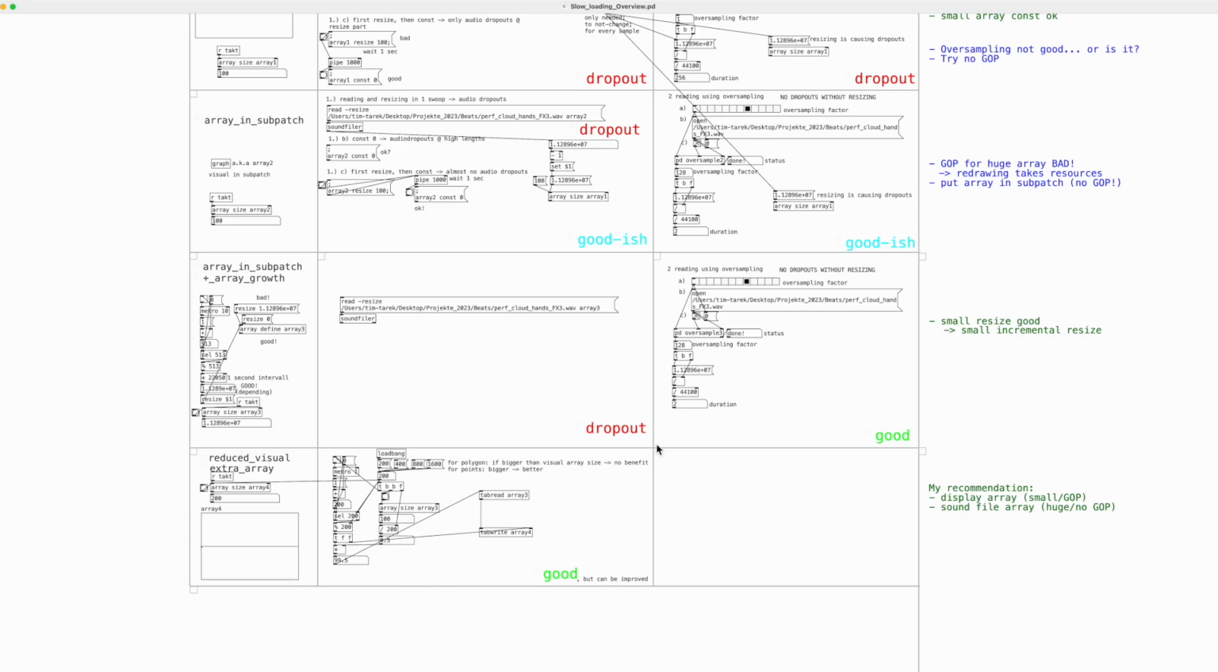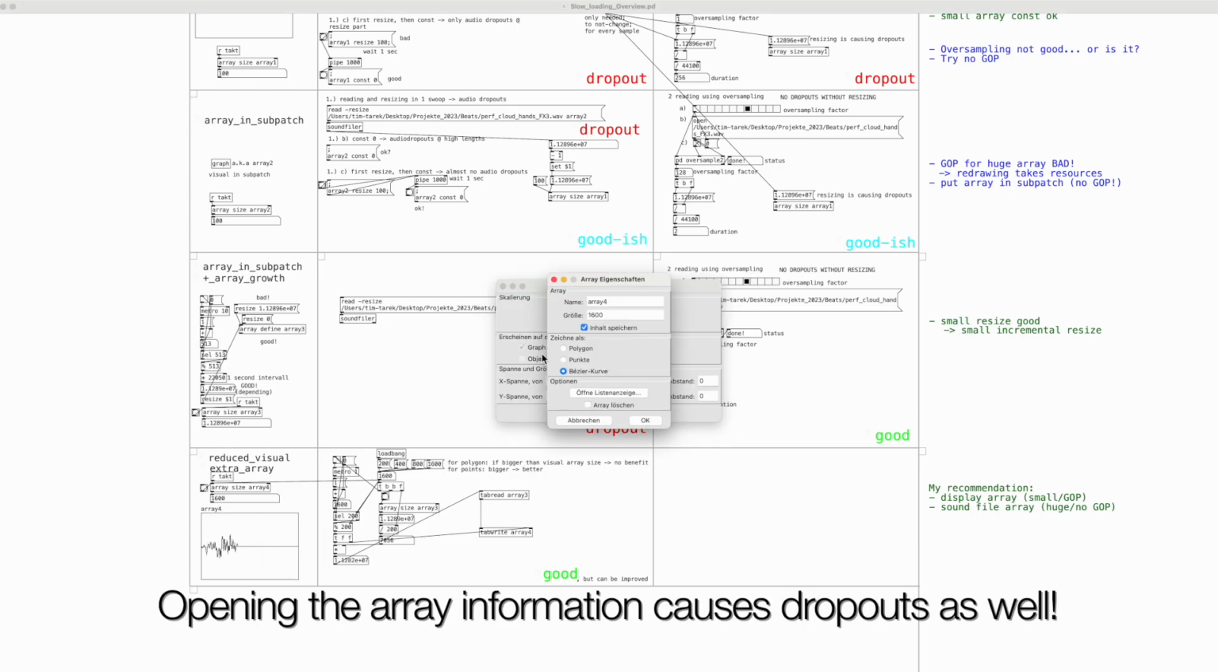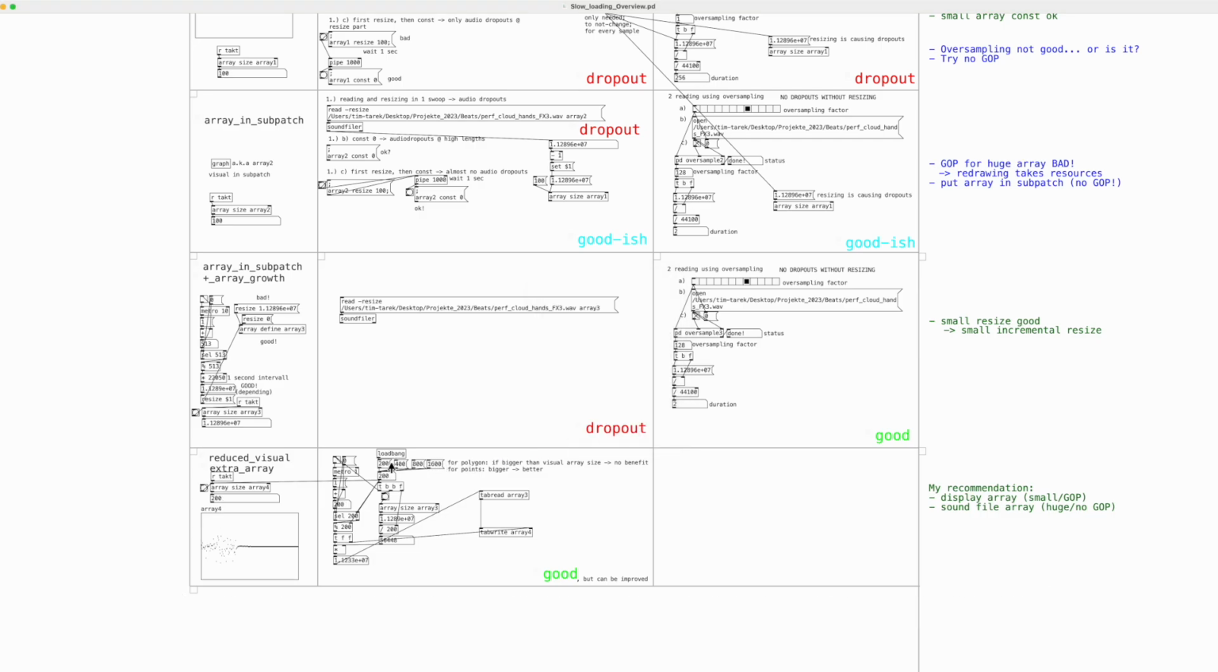But if you still want to look at a file, you can use a reduced visual extra array, like I'm showing here. You can set it to different sizes. In this view it will not do much, but if you switch it to points, for example, you can change the resolution very drastically. With 1600, it takes a small moment to load, but it's still